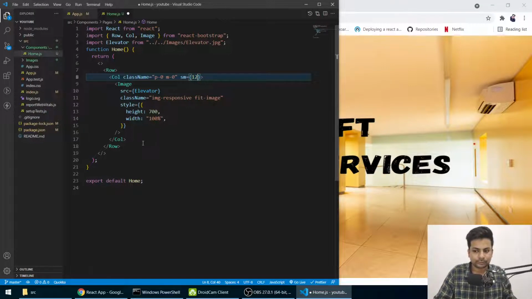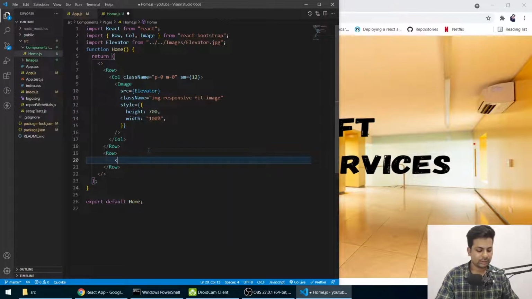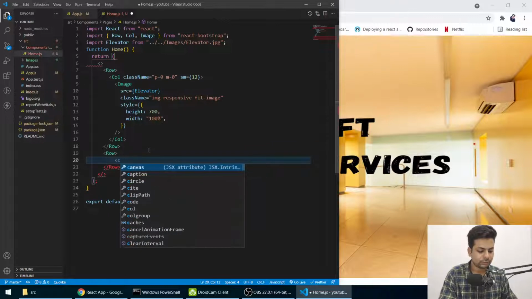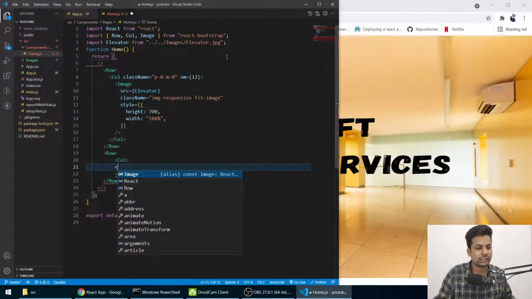Now we build a second row, and we'll build a column, and in the column we'll need Material UI.